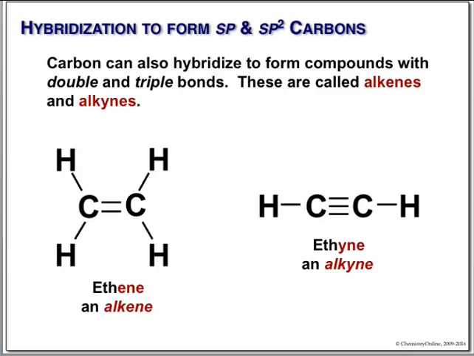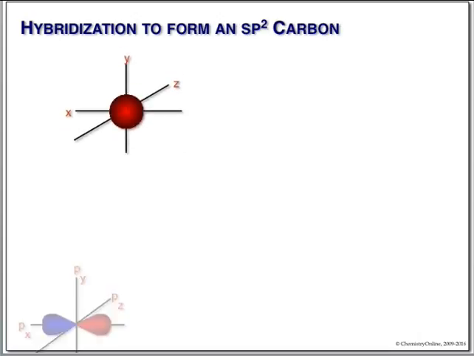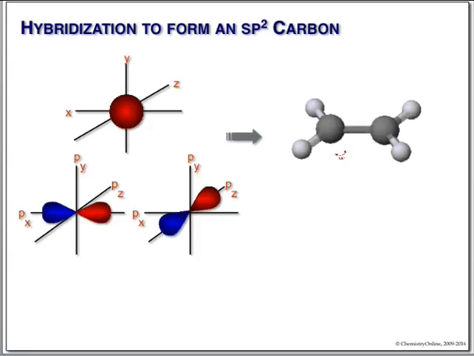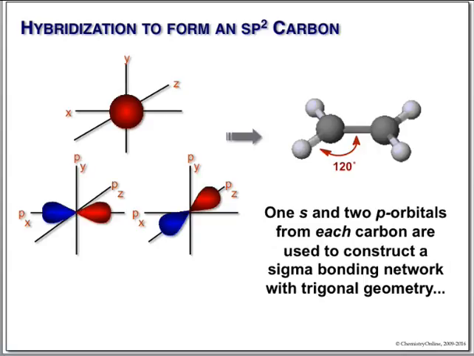Now, where does the double bond come from? Remember, we took an S and 3 p orbitals and made our tetrahedral hybrid. Well, if we take one S and only 2 p orbitals, then we wind up with 3 things bonded. So we have 3 orbitals, we can make 3 bonds. And it looks like this. Our bond angles are 120. But, keeping us honest,